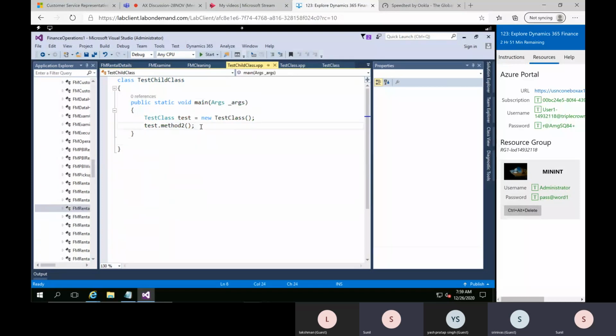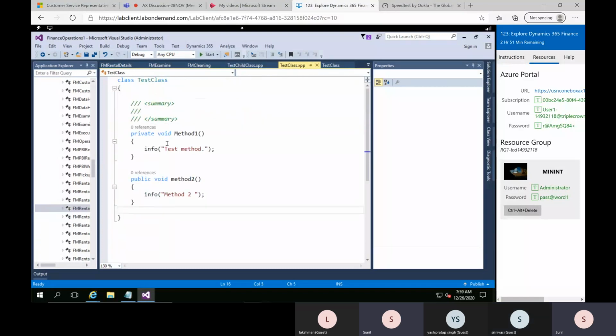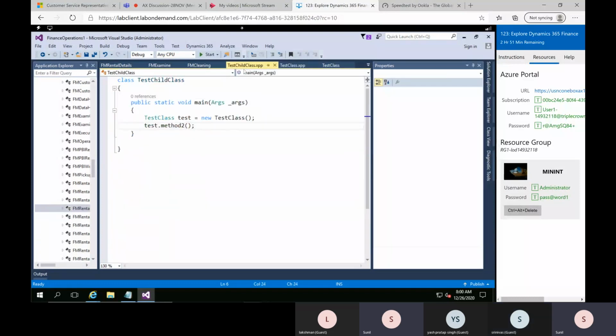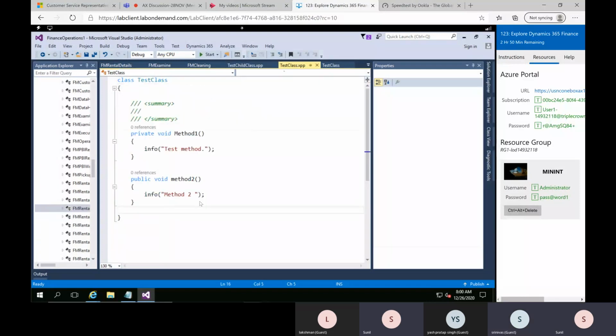So now we have seen this, and the next one is what I'm going to show. We have seen how to create a class and how to create methods with different access modifiers, and how to call that method in a different class by creating the object. Now I wanted to show you some more methods with defined parameters, for example,